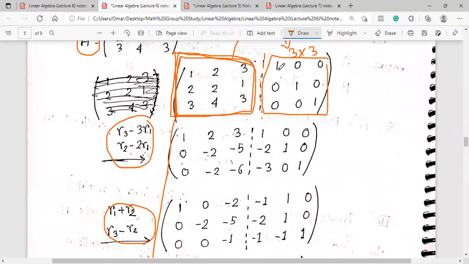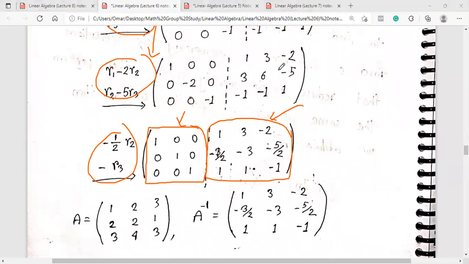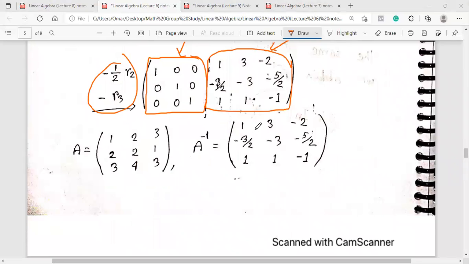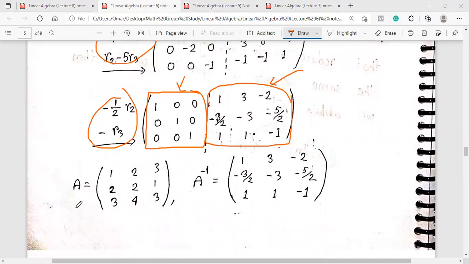So we are going to rejoin again. Hold on. So this is our inverse